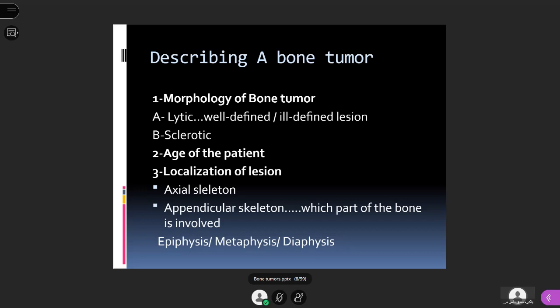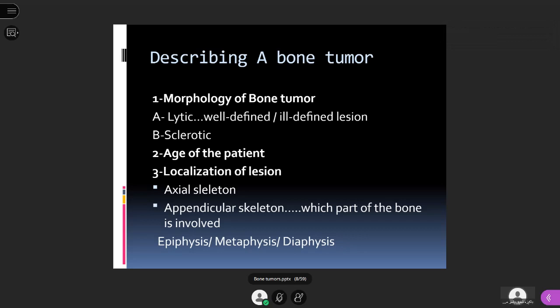Now, how will you describe a bone tumor? In an X-ray, if a bone tumor comes to you, how will you know that this is a bone tumor, and how will you reach a conclusion about the diagnosis? For reaching the conclusion, you first have to describe the tumor. First of all, you should know that we mostly require two views for bones in the musculoskeletal system. We require a frontal view, which is usually an AP view, and a lateral view for description, especially when we are dealing with fractures.